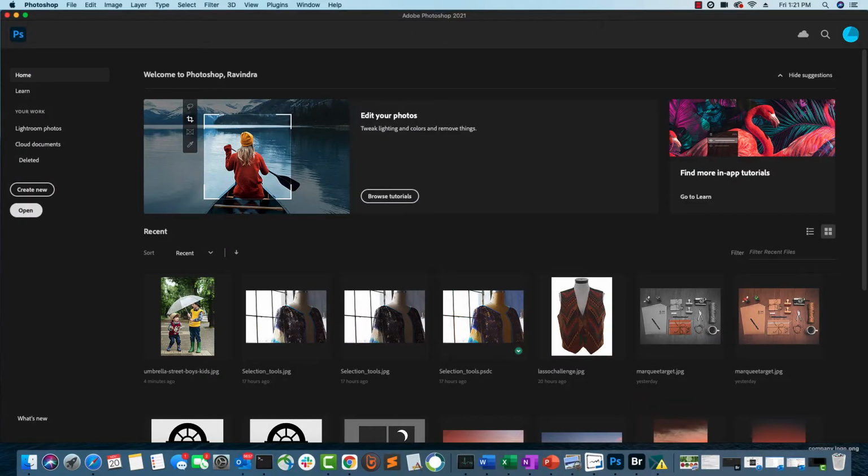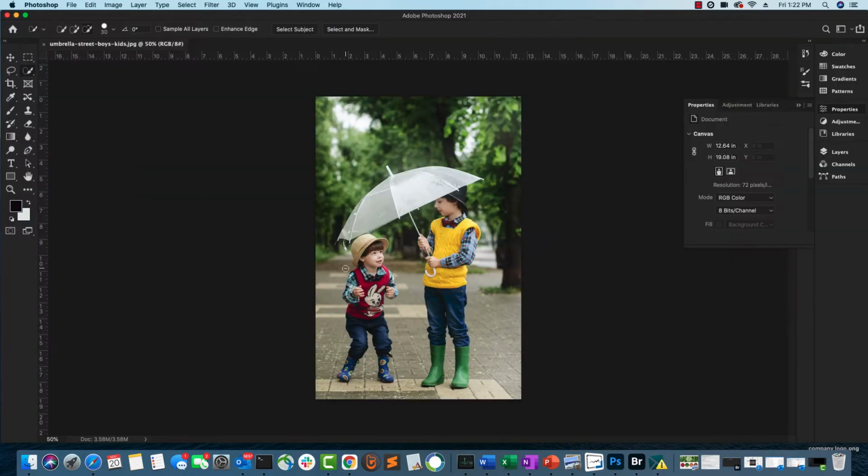So I am inside Photoshop. Let me open up a file that has two kids playing with each other. The goal here is to make sure only the kids are highlighted in color but the rest of the picture appears in the background. The quickest, most efficient way to do this in Photoshop is to use the Select Subject tool, so that it can automatically highlight the main objects inside the image and draw a border around them so that you can apply all subsequent actions to this.